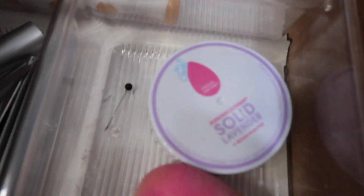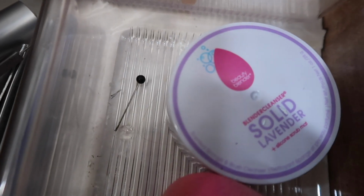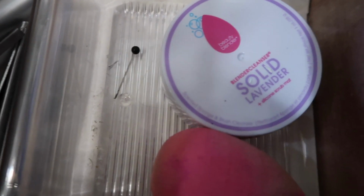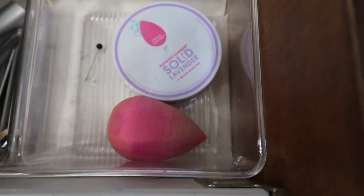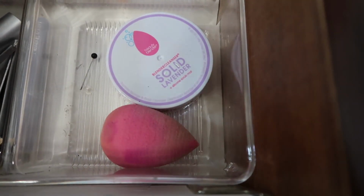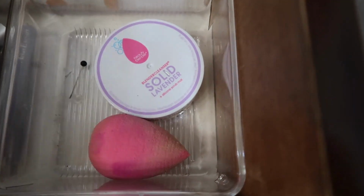And also, am I the only one that keeps a needle to separate their eyelashes sometimes? Oh my gosh, that's dangerous. Heck yeah, it's dangerous. I shouldn't do it, but that's what I do. I've done it since I was like 10. Okay, anyway,